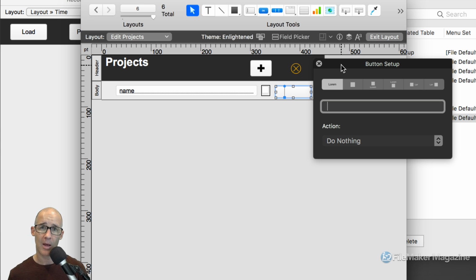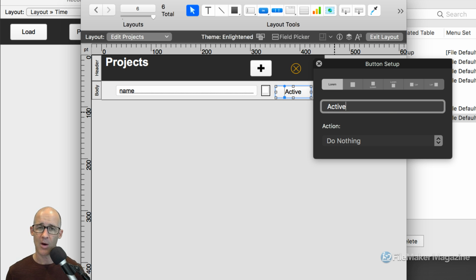Like in HTML, when you're going to use a bunch of different little icons to represent something, they'll create one large graphic with all of the icon versions in that one graphic and then only show a portion of it. It's called sprites. Similar things can be done in FileMaker, but here what I want to do is basically say